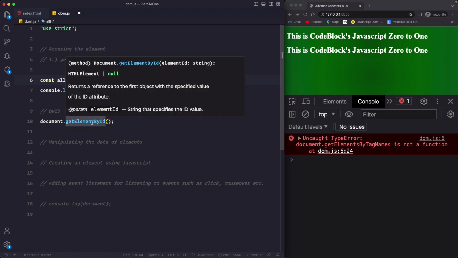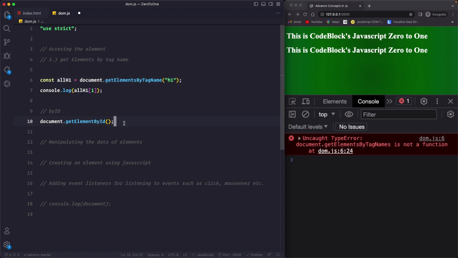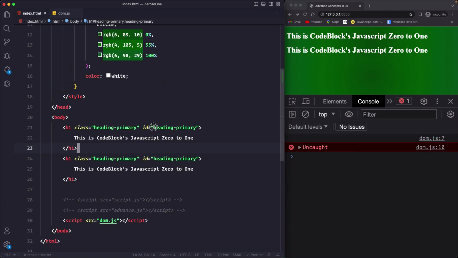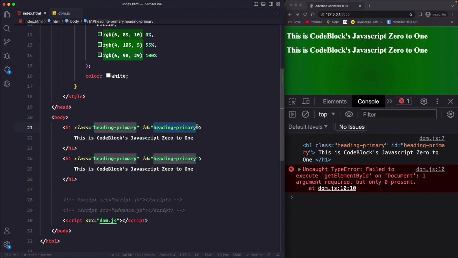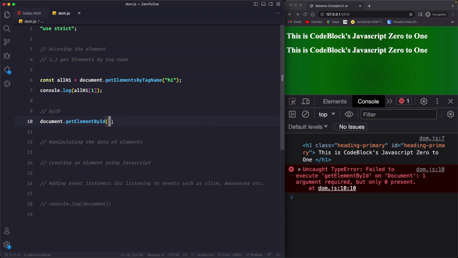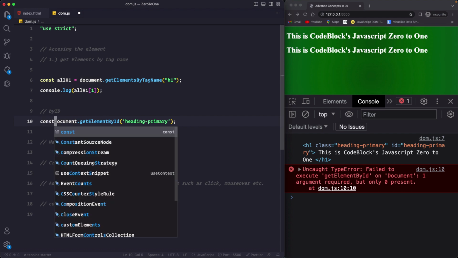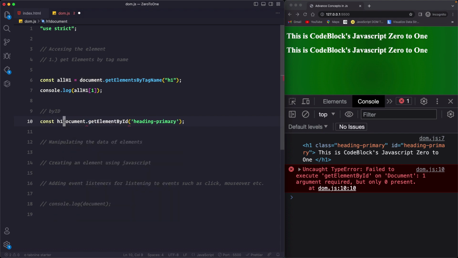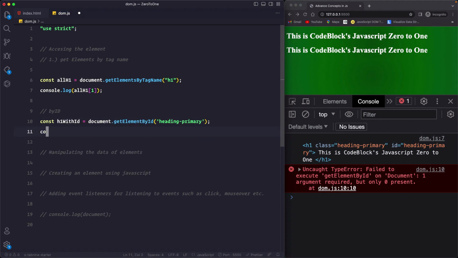So now this is get element by id, not elements by id. And if you want to read, you can read. It says it returns a reference to the first object with the specified value of the id. Now of course we have already applied this id, so we are going to take the name of the id, that is heading dash primary, and here we are just going to pass that. And again I'm going to save that to a variable. I will say h1 with id. So now we are going to get the h1 which has this id applied to it. So I can say console.log h1 with id. If I save this,